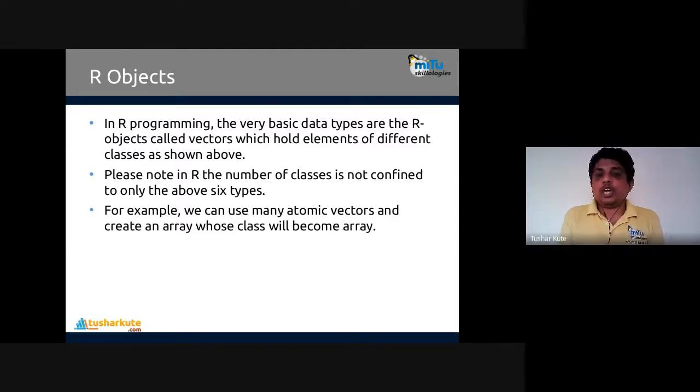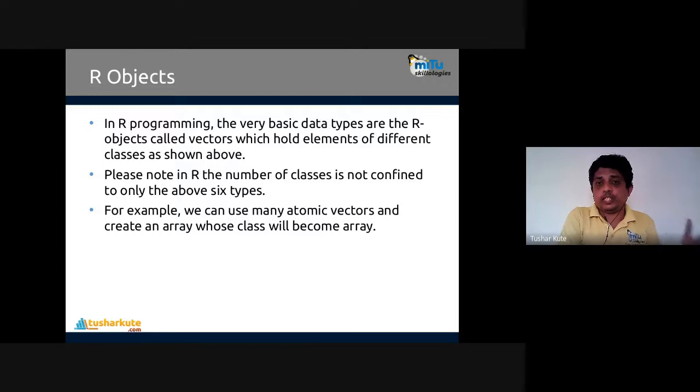Now let's talk about the R objects. In R programming, the very basic data types are called vectors. Objects are actually the data structures where we store the data in collection formats. As I told, R is basically used for machine learning, data science application design, and statistics, so we have to store data in collection format. To do that, R objects are required.